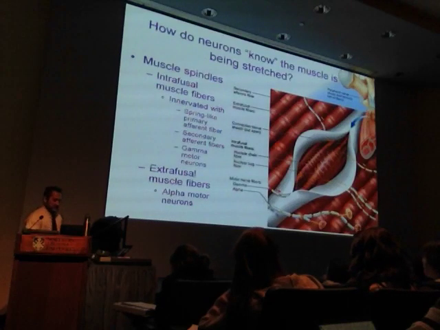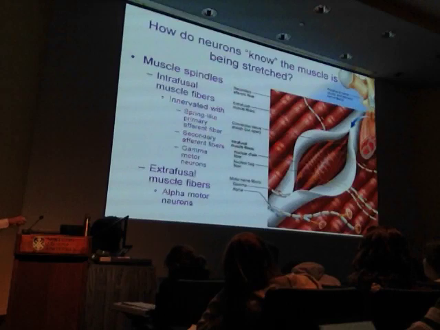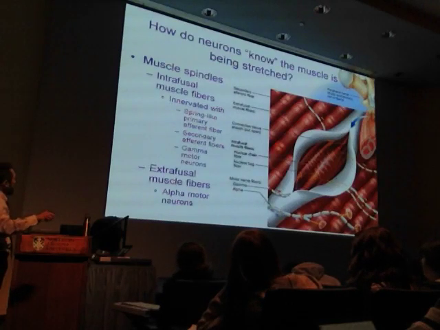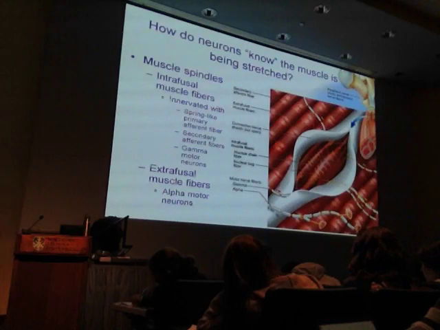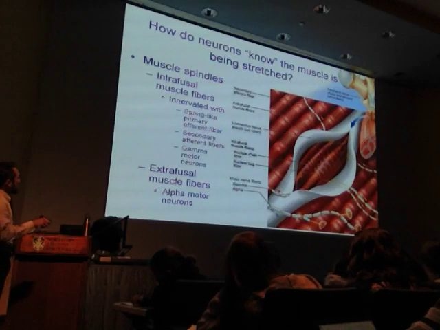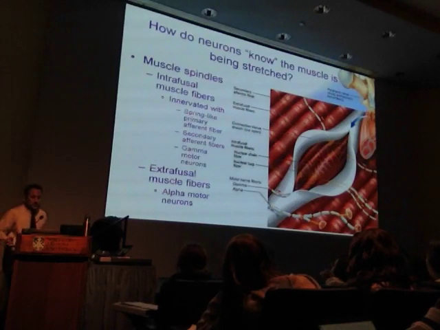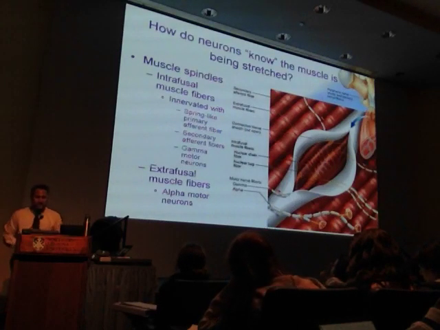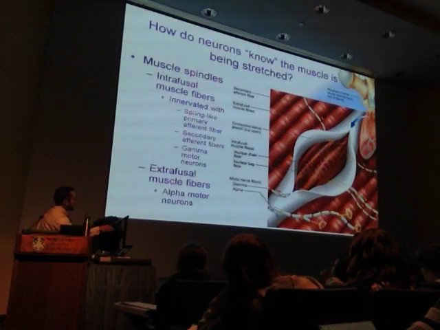And we've got a couple of different types of fibers. You can see from the picture that they're innervated with afferent fibers, primary, secondary, as well as gamma motor neurons. And that's inside in here. So the primary afferent and secondary afferent are sensory fibers, right? Afferent. So the primary afferent fiber is giving you information about what's happening inside the muscle spindle.